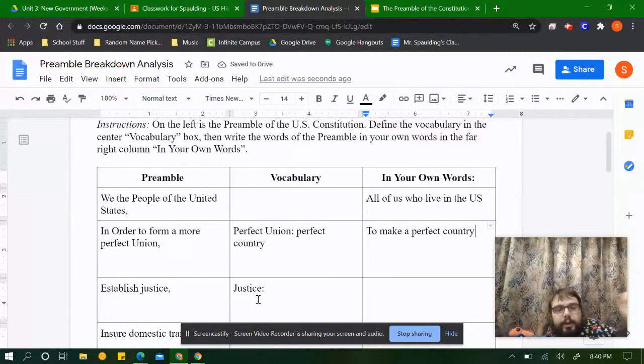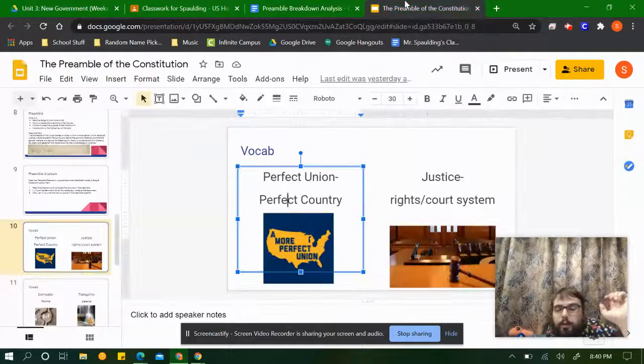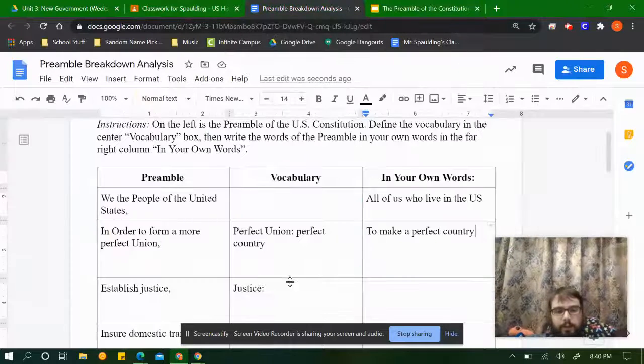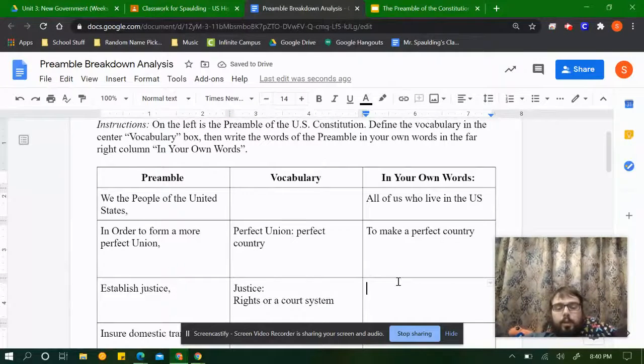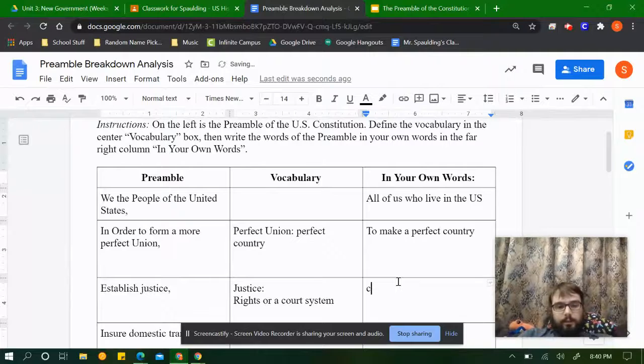establish justice. Go back to the slides. Justice means rights or a court system. So to make a more perfect country, what's another word for establish? We can say create or recognize.